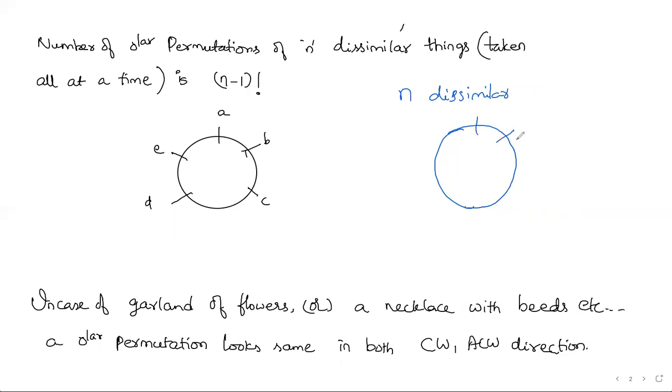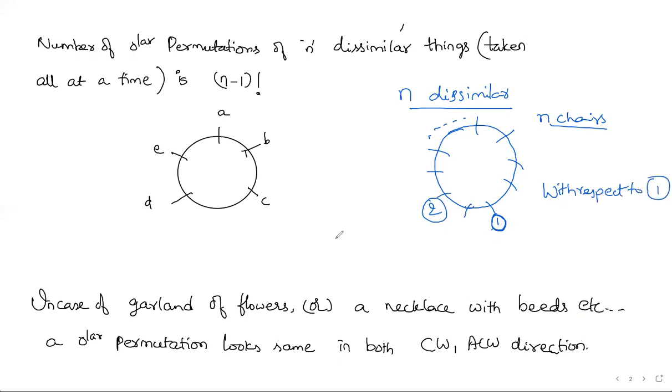For example, there are n chairs. The lines that I am drawing, assume them to be chairs. So there are n chairs totally around the table. In those n chairs, we have to seat n members. There's no starting point or ending point, so for the first member, you can choose any of these positions. Suppose I have seated the first member here. After this, you have to seat everybody with respect to this first member. The seating position of the second member can only be determined with respect to the first member.